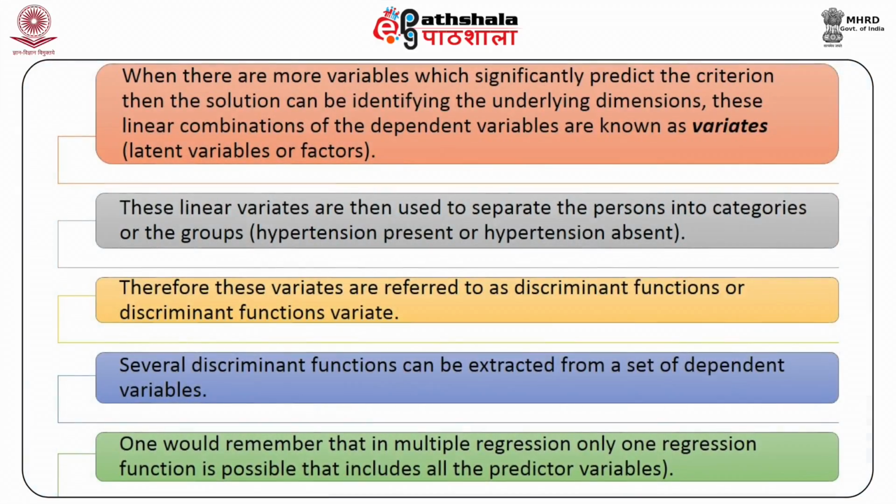When there are more variables which significantly predict the criteria, then the solution can be identifying the underlying dimensions. These linear combinations of the dependent variables are known as variates. They are latent variables or factors. These linear variates are then used to separate the persons into categories or the groups, like hypertension present or hypertension absent, the problem we discussed in the beginning of the text. Therefore, these variates are referred to as discriminant functions